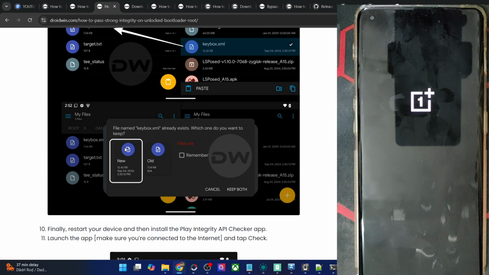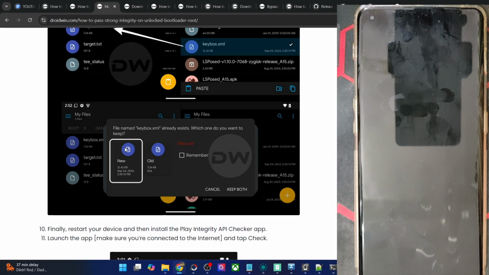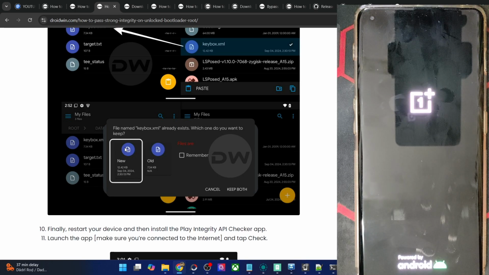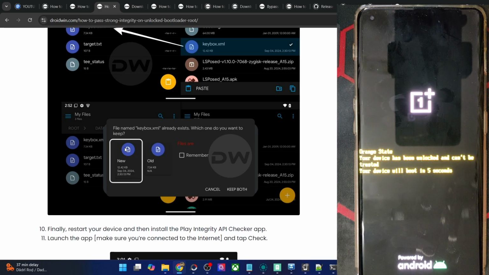So once that is done, now your last course of action is to do a reboot or restart. This restart is compulsory, but don't do a restart after flashing every module. That will take quite a lot of time. You may skip those restarts and only do a restart at the end. So let's wait for the phone to boot to the OS. The first boot-up might take a little bit longer, which is completely normal and nothing to worry about. Let's give it a few more seconds for the phone to boot up, and then we will have a look at the result as well.